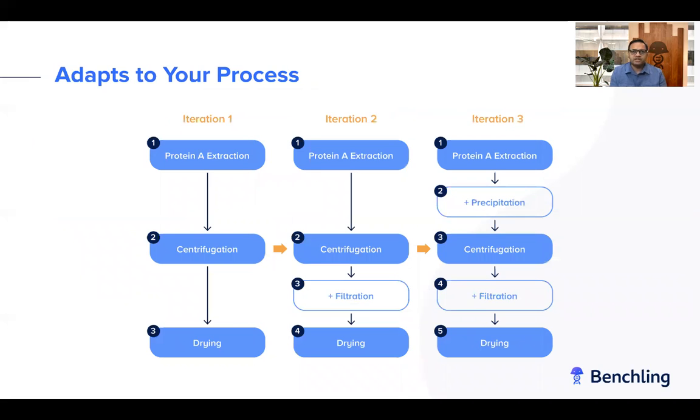Many life science companies either don't have the resources to do this or want to use the resources they have to focus on higher value operations. This is an illustrative example of a protein purification process, and it reflects the constant iteration and evolution that these specialized teams see on a daily basis. So in a real world, the data model, the process, and the workflows should be configurable in a low to no code environment. So companies can iterate and evolve quickly without being resource intensive or overly dependent on their digital